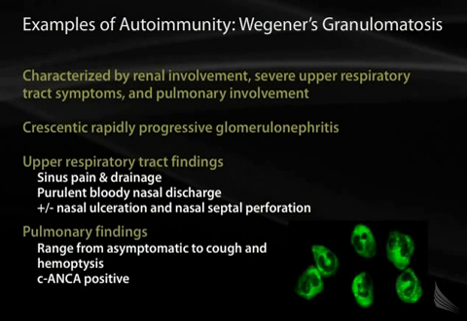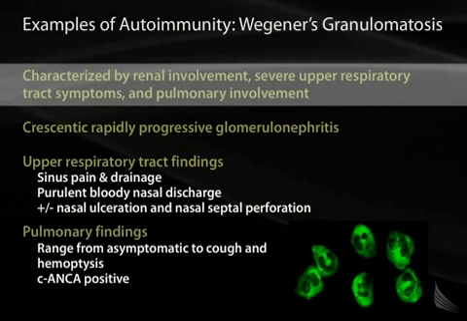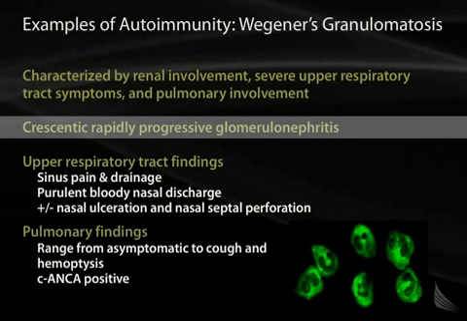Another example of autoimmune disease is Wegener's granulomatosis. This one's kind of going a little bit further. We have a little bit more variety of tissues being destroyed. Again, here we have type 2 hypersensitivity, but instead of just one organ, now we're involving two. We have renal involvement and pulmonary involvement. So these patients will come in with renal problems, they come in with recurrent upper respiratory tract involvement, and also lung involvement. So in the renal involvement, what you tend to see is crescentic rapidly progressive glomerulonephritis.